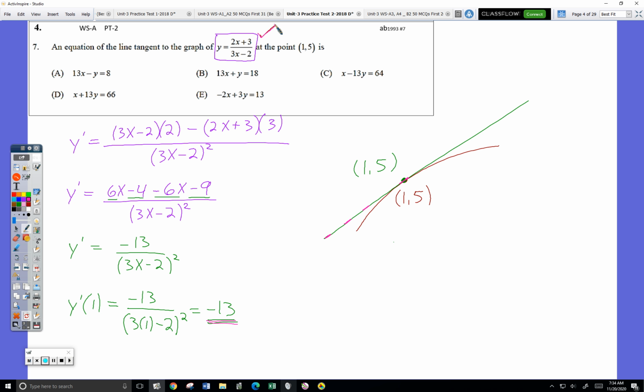And so now that I have the slope, I think I can just write the equation. Yes, because it's important to recognize that we're going to encounter all kinds of different problems with all kinds of different equations describing curves. But whenever we describe a line, whether we refer to that line as being a tangent line, or a secant line, or a normal line, or a parallel line, like any kind of line,